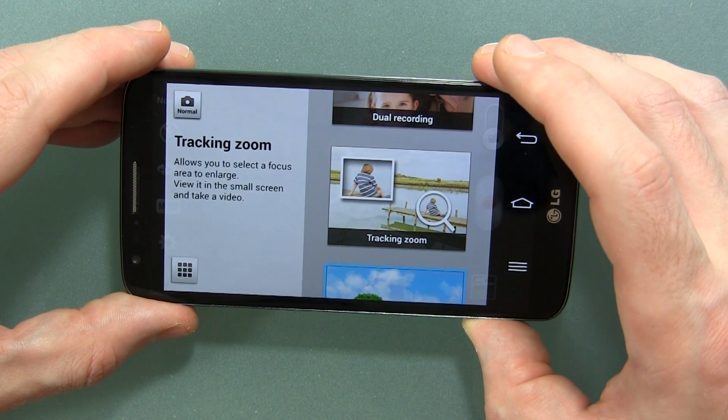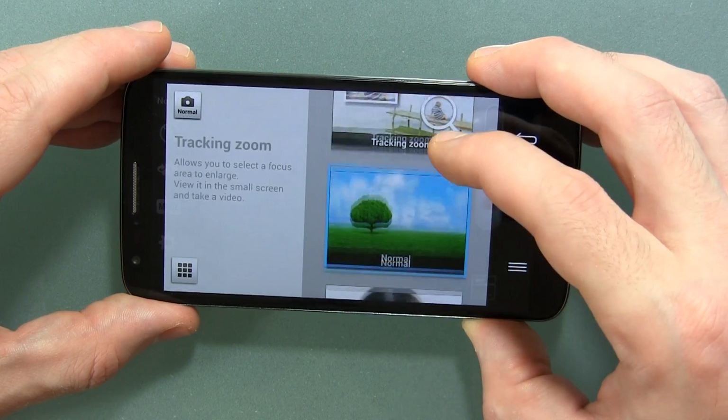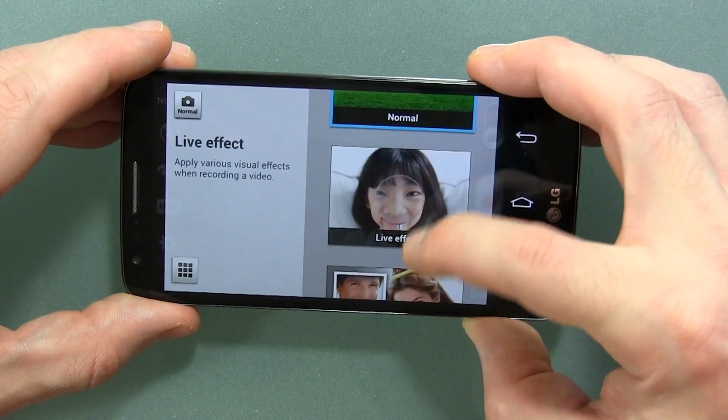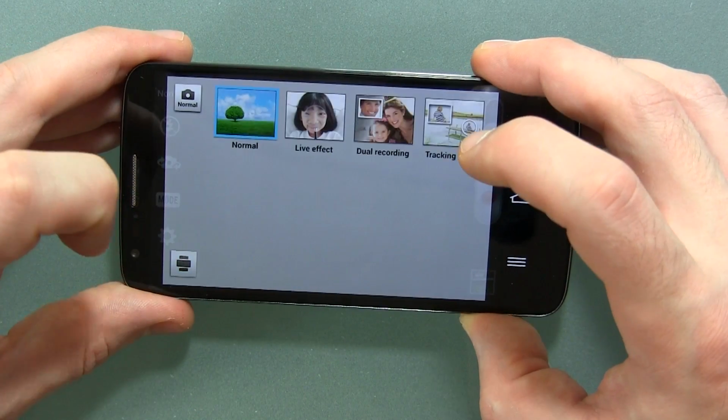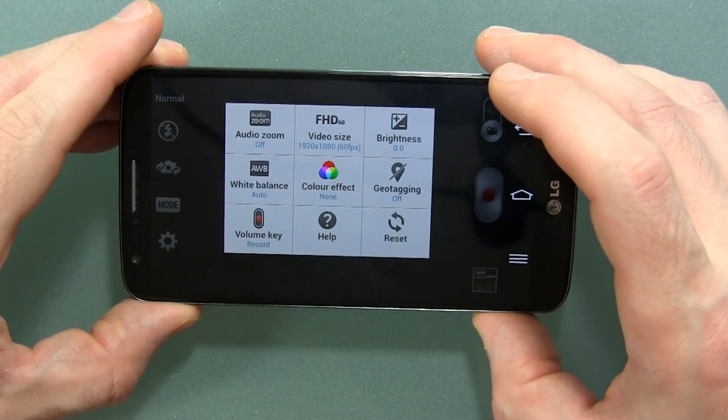Tracking zoom allows you to select a focus area to enlarge, view it in the small screen, and take a video. That's kind of interesting. And that is it for that. Alrighty, so let's just switch it back to normal there. And now we'll jump into